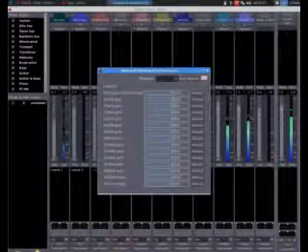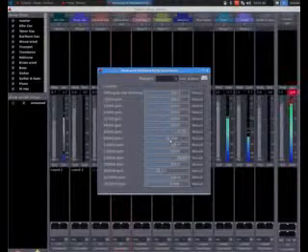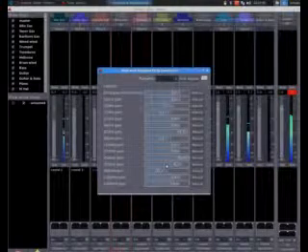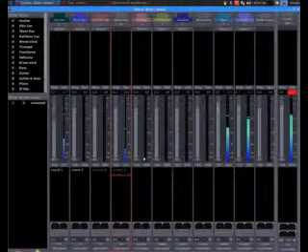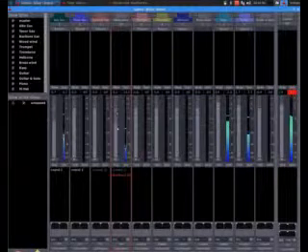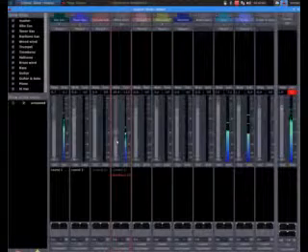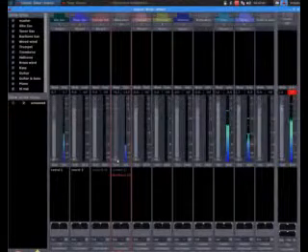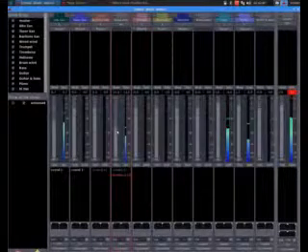But listen to that. As you can hear, I'm changing the sound with the equalizer and with the submix control fader.